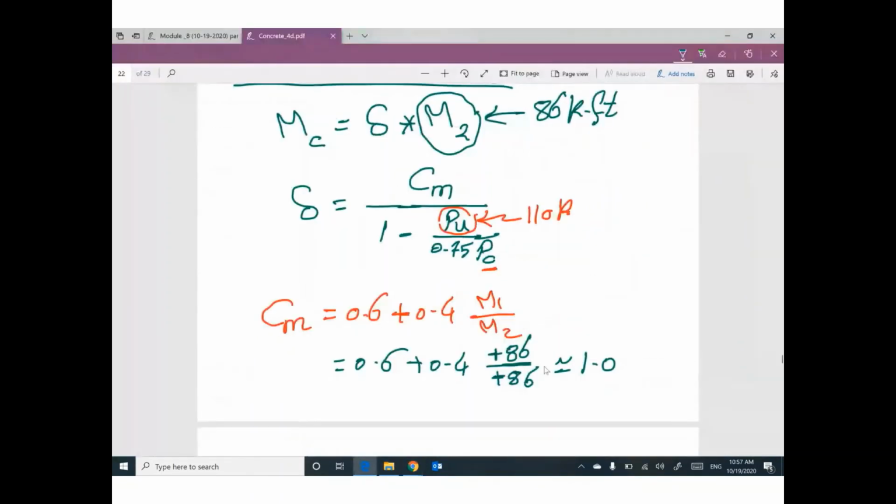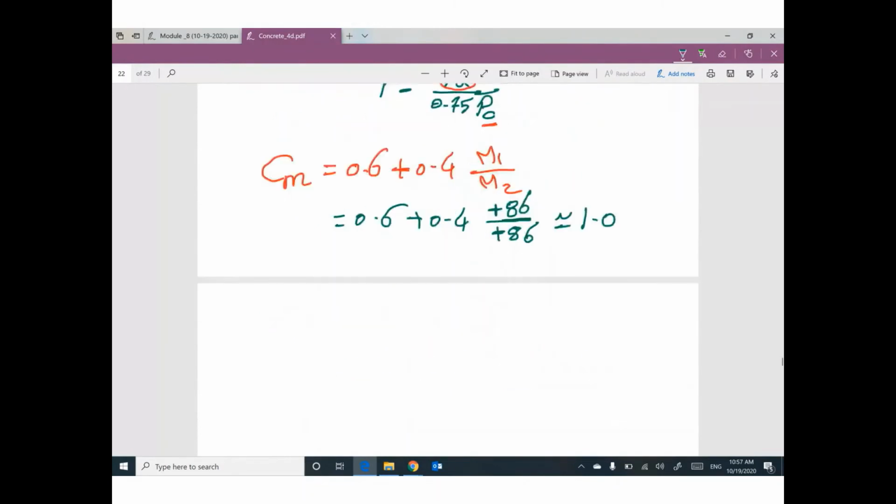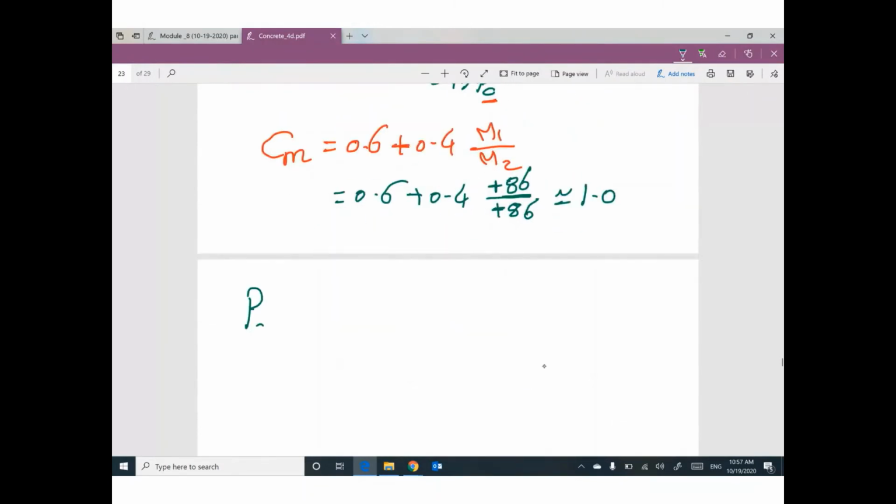So Cm equals 1. That's fine. We're still looking for Pc, the critical load. Pc equals pi squared EI divided by (K Lu) all squared. K is given. Lu is given, so the denominator is not a big issue. Pi squared is a number. EI,